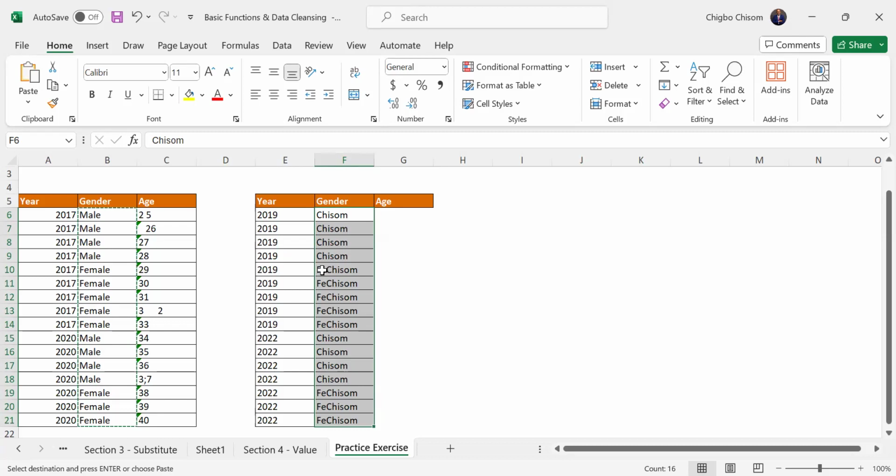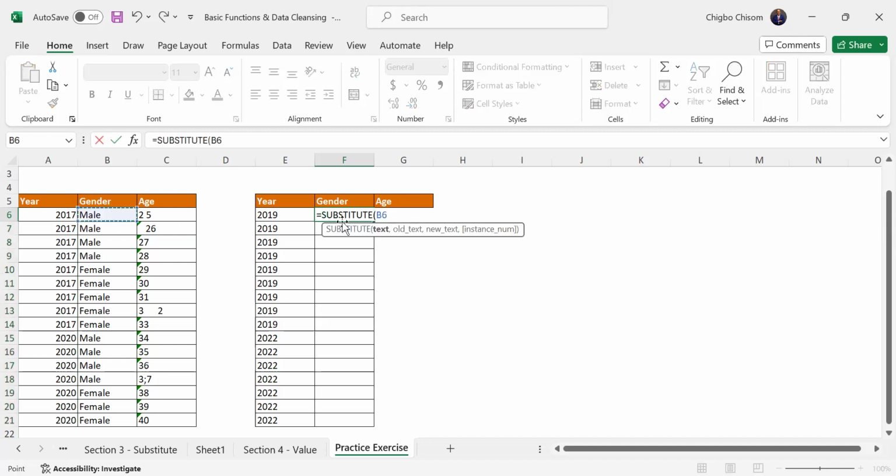See it. This is the disadvantage of find and replace. This is the inaccuracy. In function, Substitute is better. You know that sometimes it can be confusing, but it is better. It will stick to what you told it to do. So if you use find and replace, it will go and find all the male here, because this is male, and replace it with what you want to replace. Unlike if you say substitute